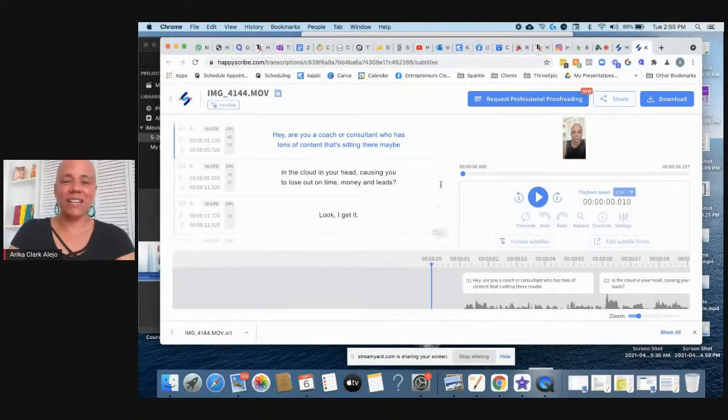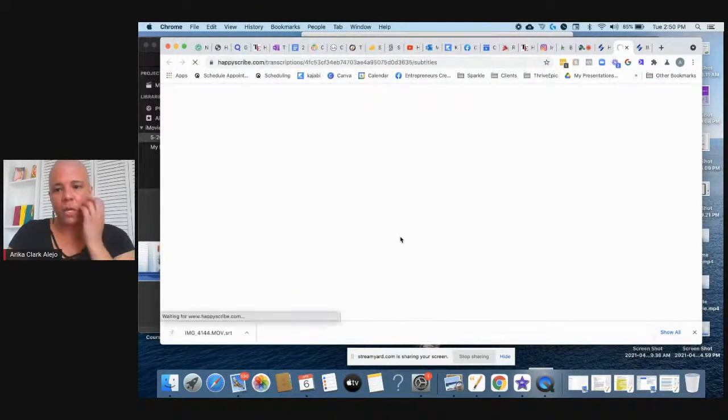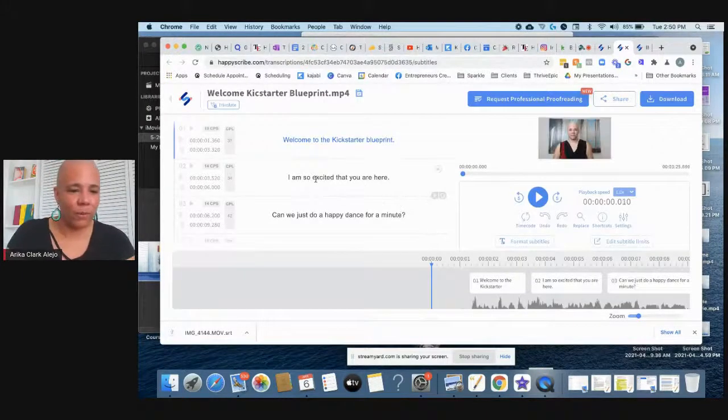All right, so this is what it looks like when you open it up. This is what I showed earlier. Usually I'm going to go into a different tab because I want you guys to see what it looks like when it needs to be edited. So hold on, because I edited the last file while we were sitting there. So I saw my text message go off. I was like, is that Donna? All right, so this is what it looks like when you open it up, and this is what I said was the most techie looking part of it all.